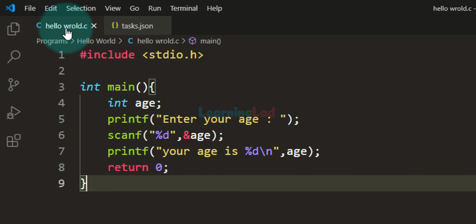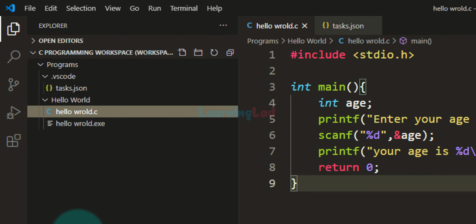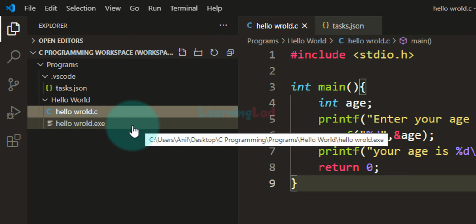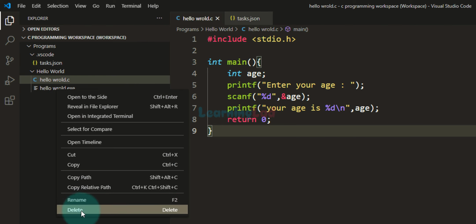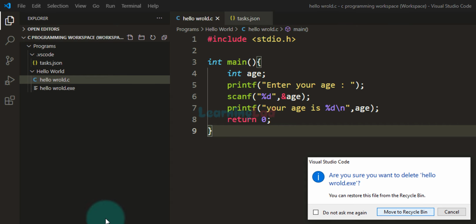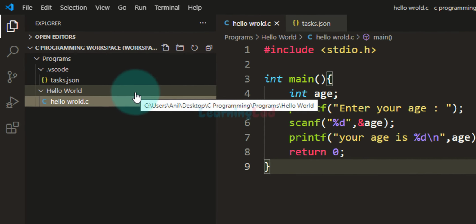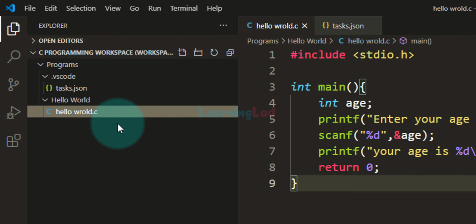Now we will go to the hello world, and also I'm going to open up the Explorer, and we can delete this executable file. So I'm going to right click, delete it, move to the recycle bin. So in this hello world folder now we have only hello world.c. So now what we're gonna do is we're gonna try to run this program by using the task that we